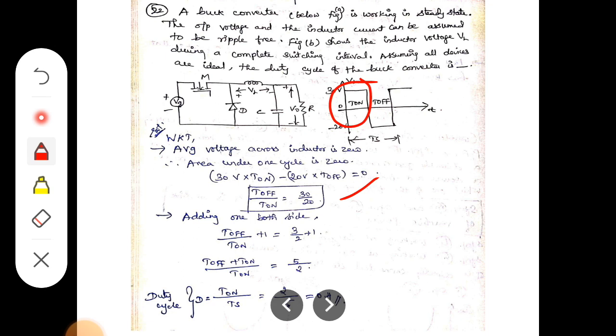Duty cycle D, or alpha, is equal to T on divided by the switching period T, which is T on plus T off. So the equation is reciprocated: T on divided by T is equal to 2 by 5. The final answer is 0.4. So this is final. Next,